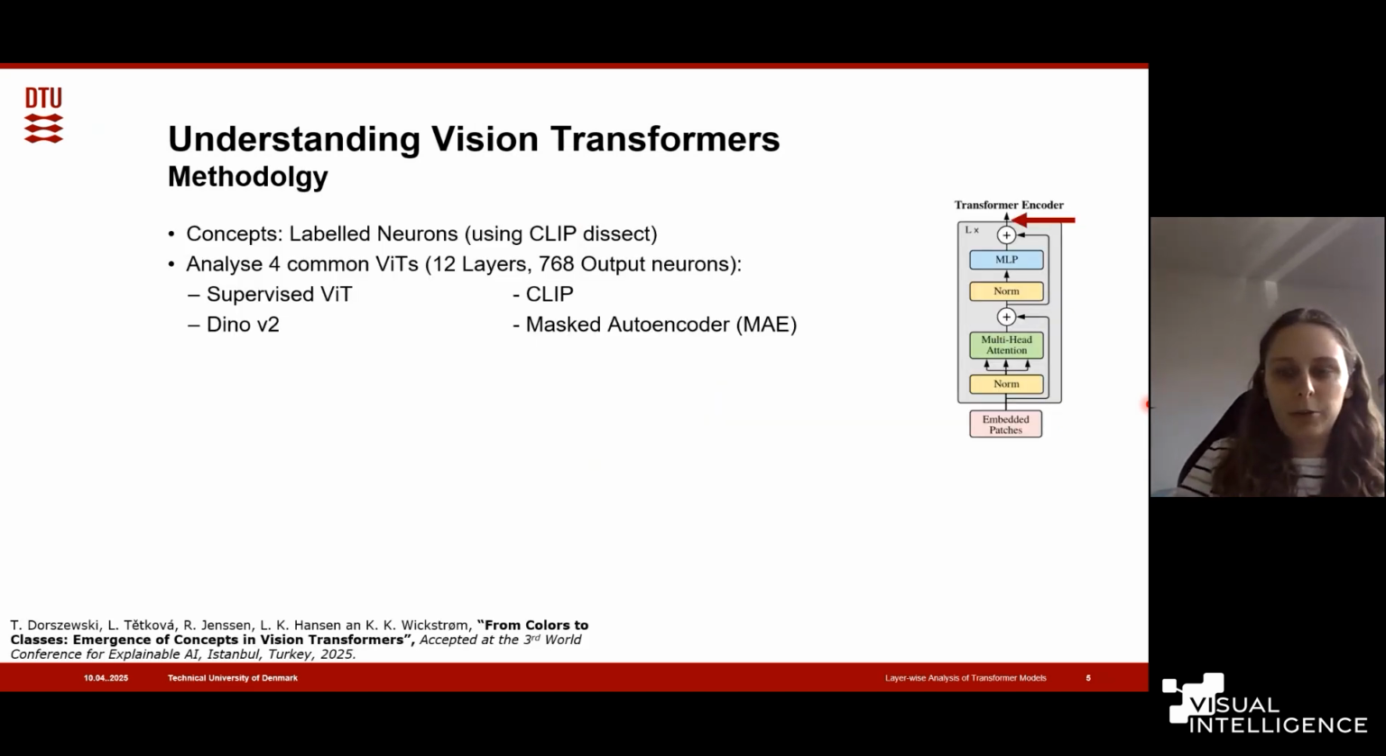And how did we look into these vision transformers? We decided to use a method to label the neurons in each transformer block. And these labels we then refer to as concepts. And we label the neurons after each of these transformer blocks. So after the MLP layer, you get out 768 neurons, and that's like we have 12 layers, and each layer has the same amount of output